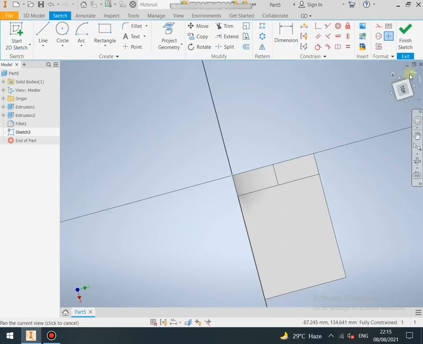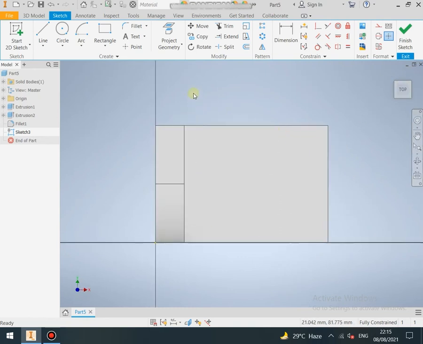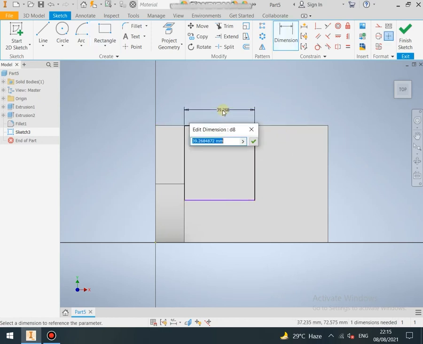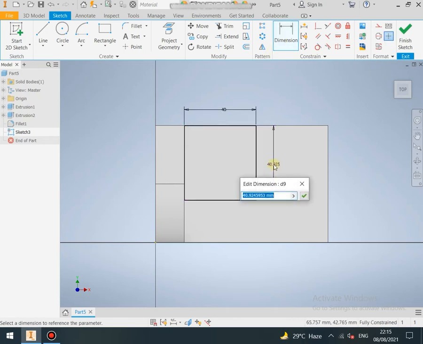I will start here for you. I selected the rectangle and I am marking the rectangle and set it by giving the dimension. It is quite simple.